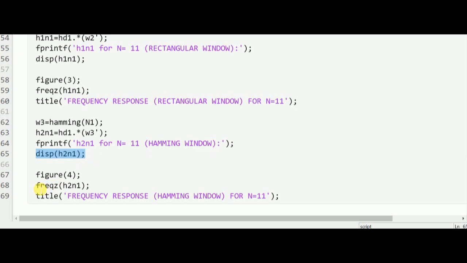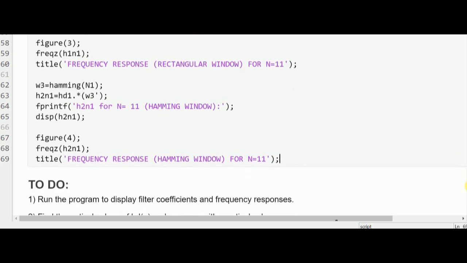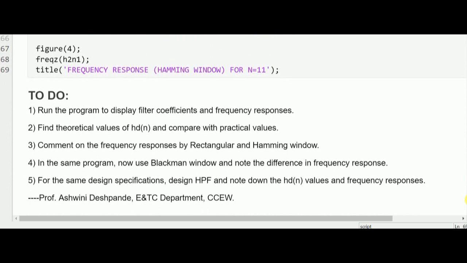And finally, the frequency response is plotted for these filter coefficients. Accordingly, we also have to place the titles for the respective plots. At the end of this program,